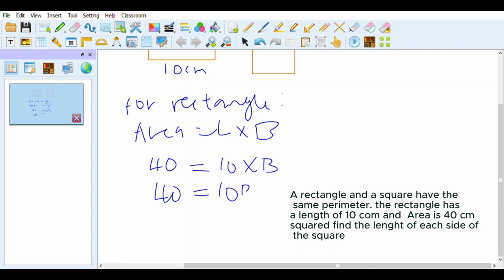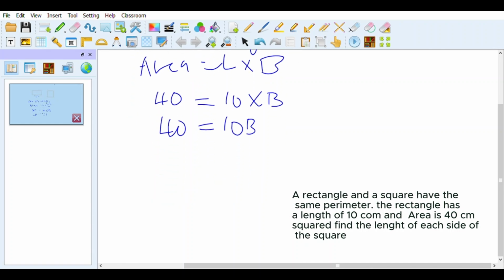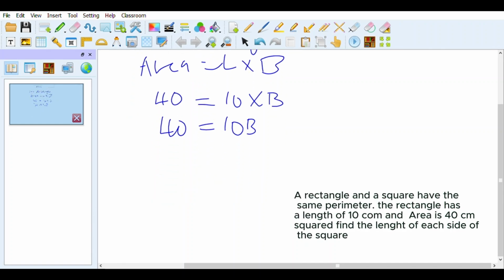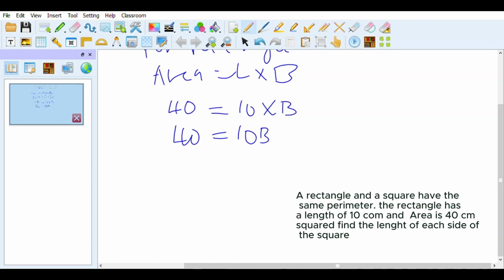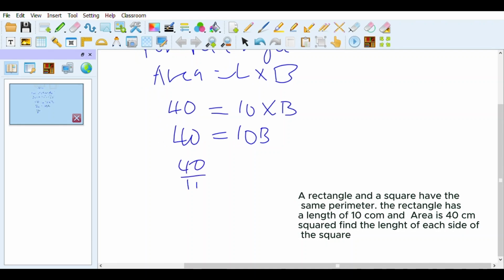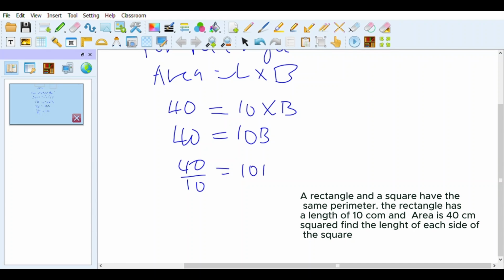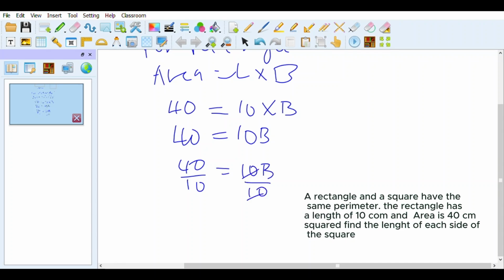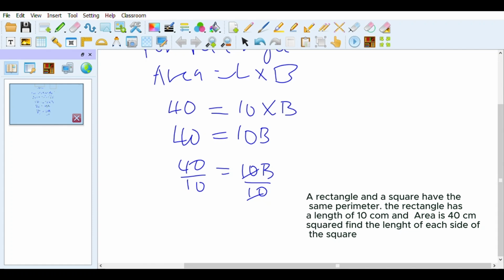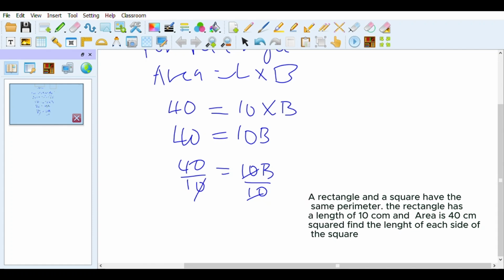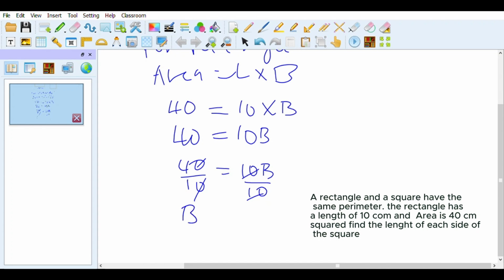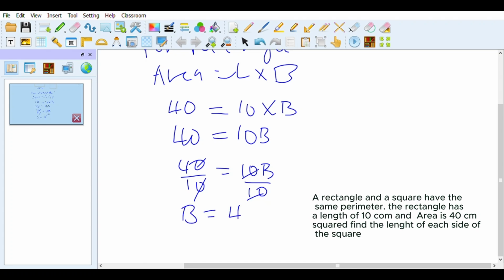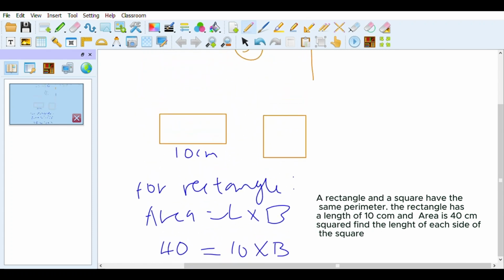Okay, here again we go, algebra. Divide both sides by 10. We'll have 40 over 10 is equal to 10b over 10. So 40 divided by 10, we'll have 4. So b, which is the breadth of the rectangle, is 4. Now if we come here and we have 4 here, it means that here is also 10 and here is also 4,